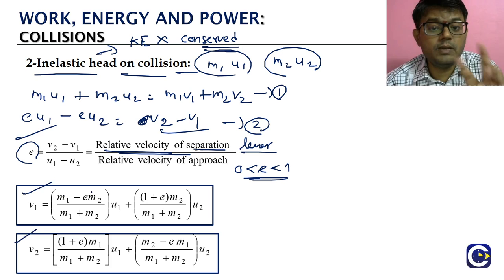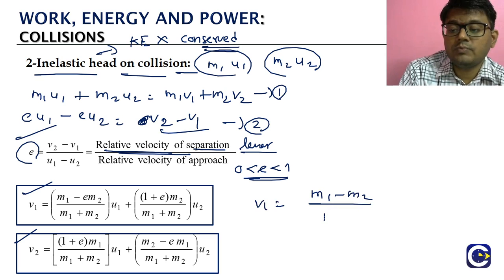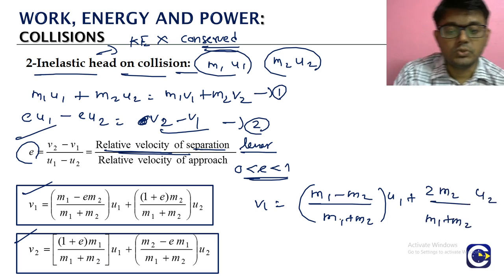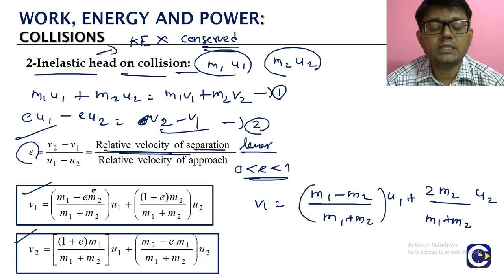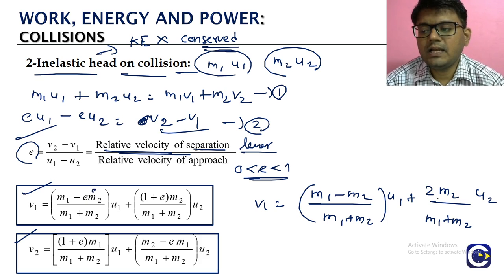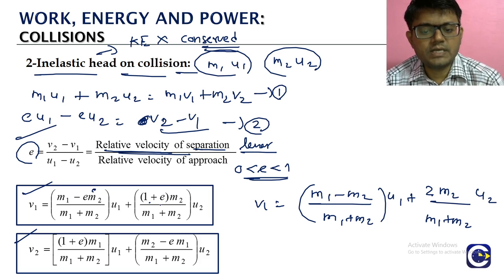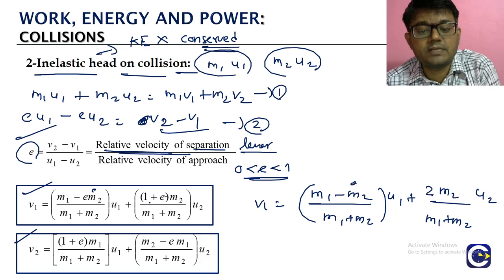என்ன தெரியுமா, நீங்க க்ளோஸா அப்சர்வ் பண்ணா you are able to see the similarity between this formula and the previous formula. இங்க பாருங்க, previous formula என்ன இருக்கா, v1 will be equal to m1 minus m2 by m1 plus m2 into u1, plus 2m2 by m1 plus m2 into u2. இதுதான், this is what we had previously. இங்க பாருங்க difference எங்க வருது, the m2 அதோட இடத்துல we are getting e times of m2. அந்த மாதிரி 2m2 க்கு பதிலா what you are getting, 1 plus e times of m2.